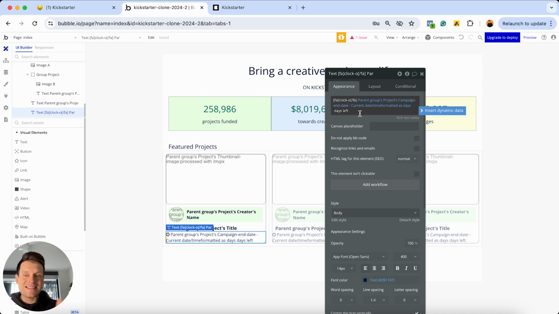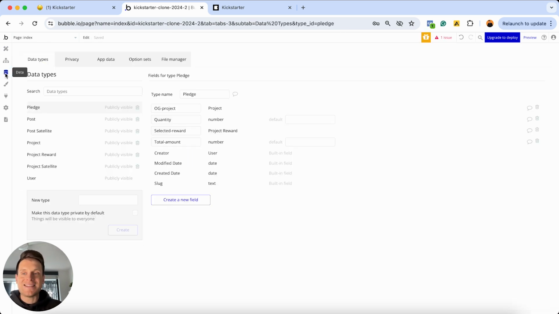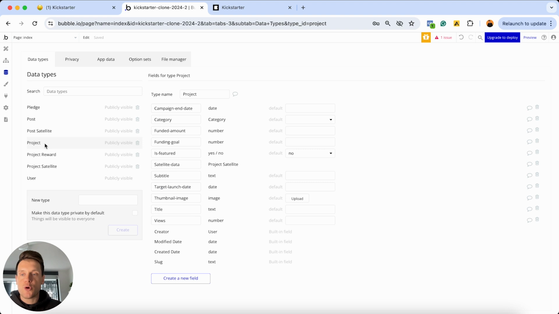And then beside this text, what I want to do is display the total percentage that this project has been funded. So I'm going to add another space. I'm going to add a dash followed by yet another space. And now we're going to perform a calculation. And this is where things might just get a little bit confusing. But what I want to do is calculate the percentage of how much a project has been funded based on its funding goal. So if I quickly just digress and open up my data tab, under our project data type,